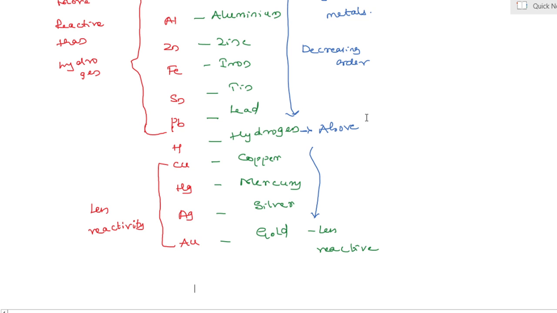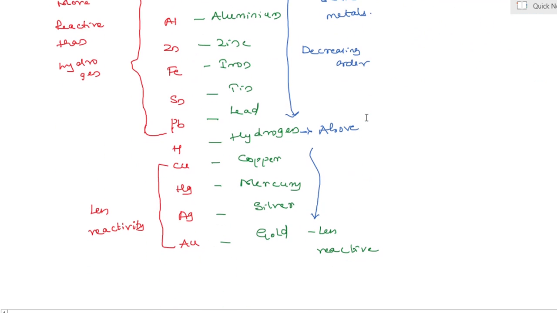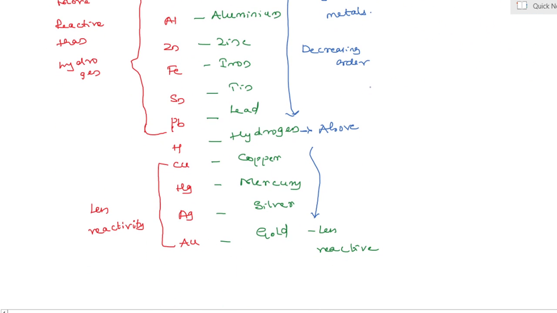Here hydrogen has non-metallic property, but due to its electropositive nature, it has been placed in the reactivity series. Yes, my dear students, remember it and also make a point of it concerning your examination. Hydrogen also has non-metallic property,